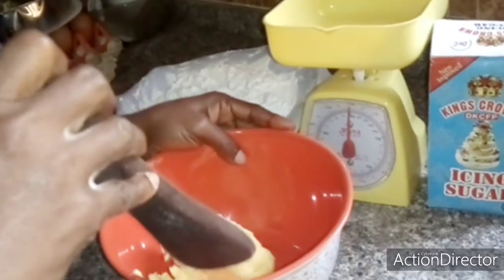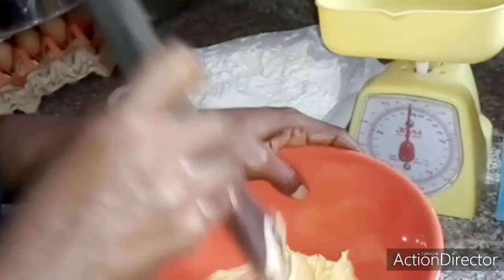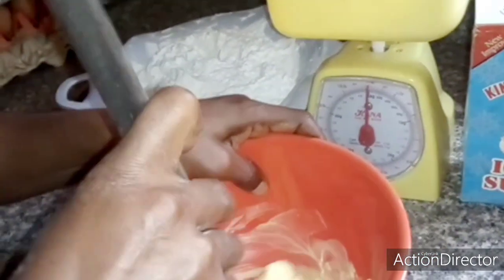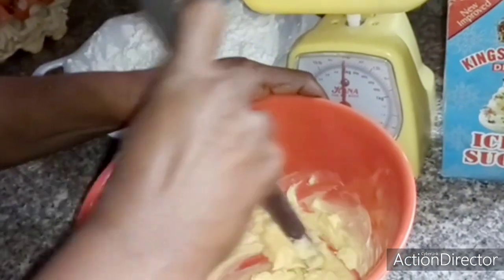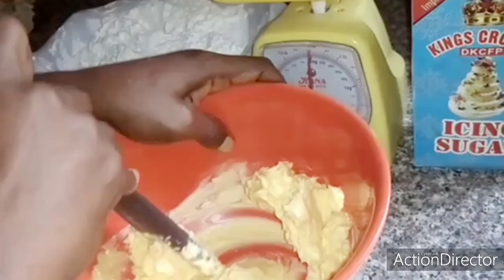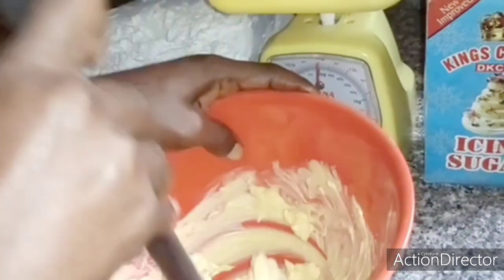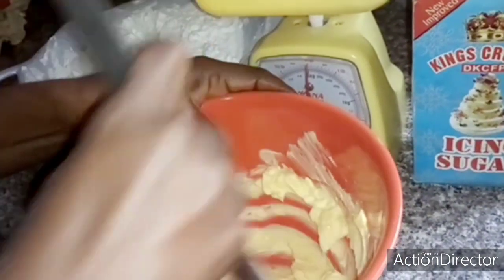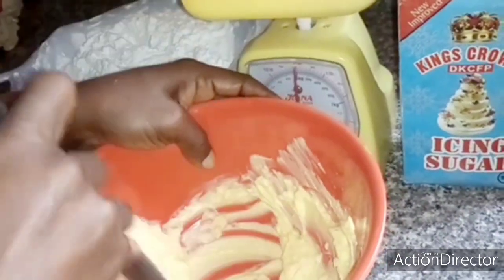And take my wooden stick, mix it. Continue mixing it until it turns creamy before adding your icing sugar. You'll be adding it bit by bit. When it is ready,